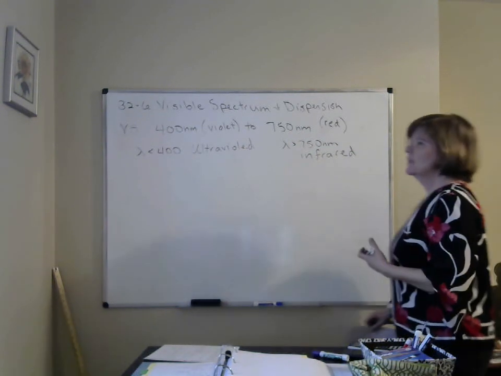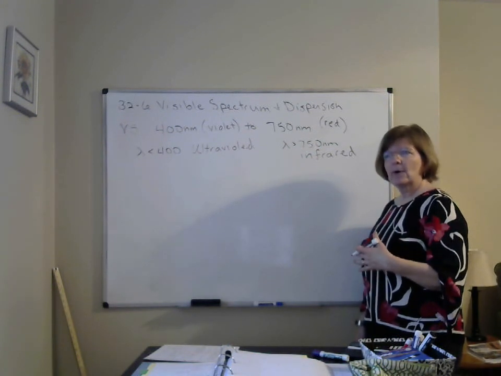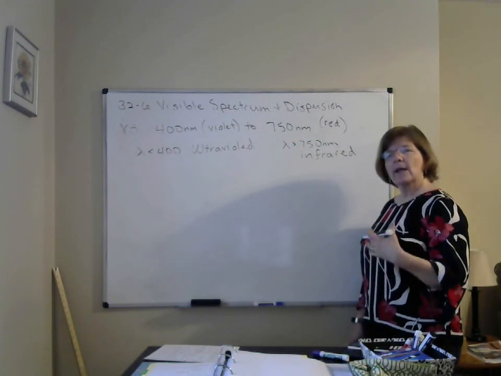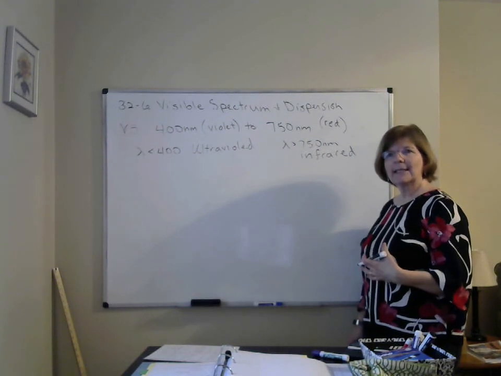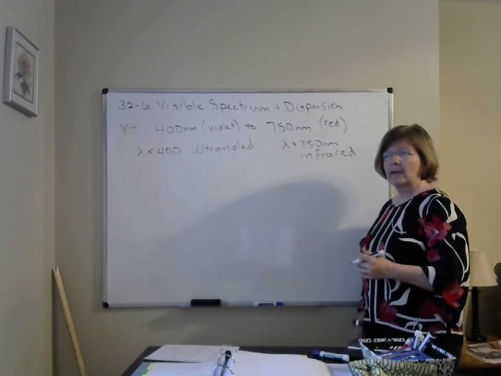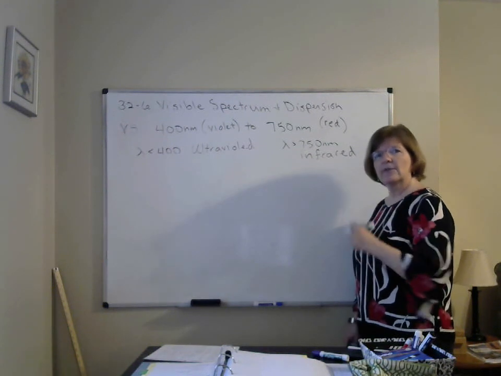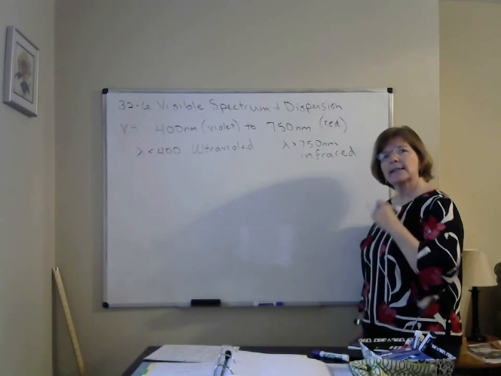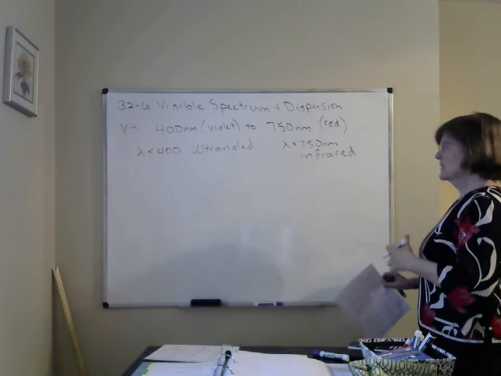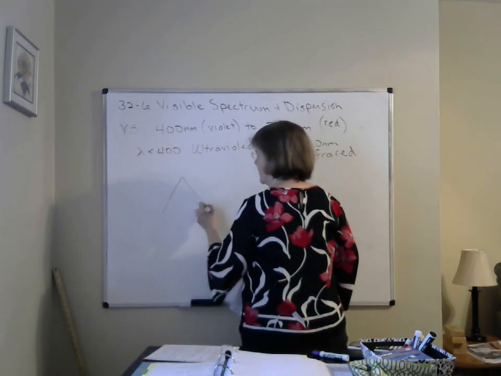One of the things we know is that although light travels at the same speed in a vacuum, all light, gamma rays, radio waves, it doesn't matter, when light travels through different materials, different wavelengths travel at slightly different speeds. So red light actually travels a little bit faster than violet light. Violet light has a slightly higher index of refraction. The result of that is that they travel at slightly different speeds, so when you send white light through a prism,